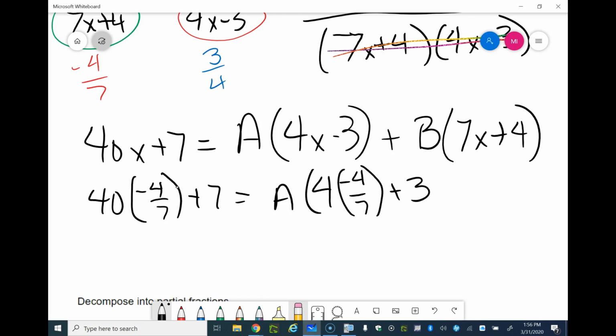And we already know that this one here becomes 0, so we don't need to do that part. So once you put all this in your calculator, 40 times this fraction plus 7, and then 4 times the fraction plus 3,